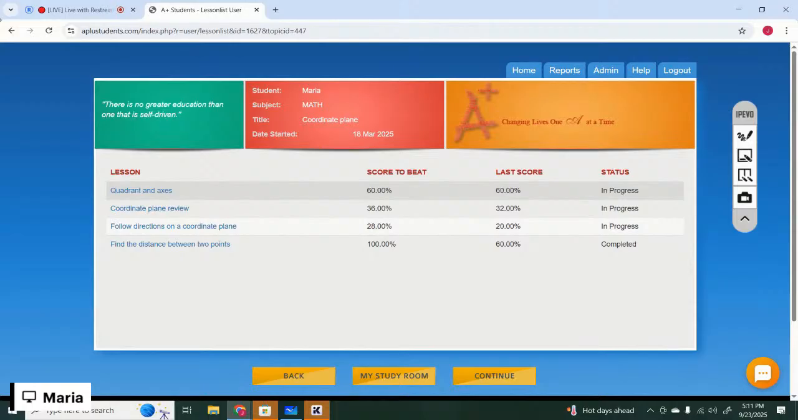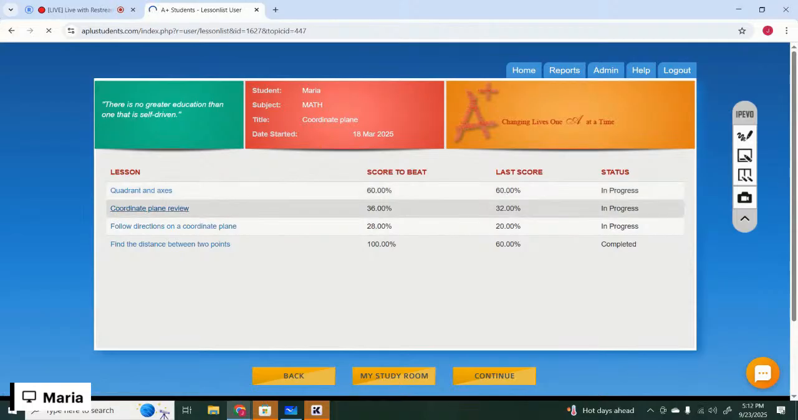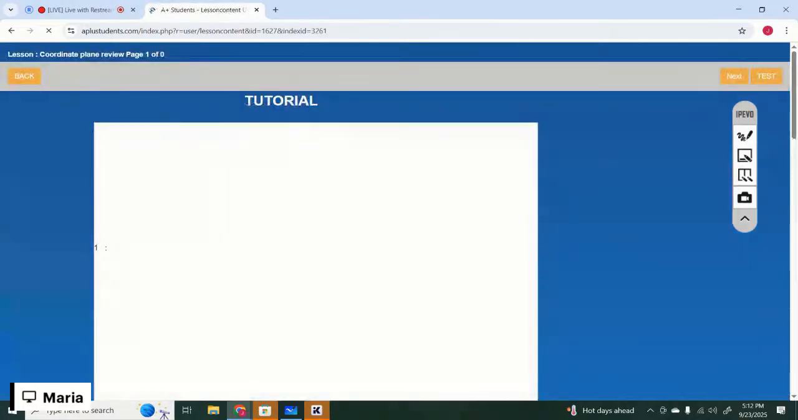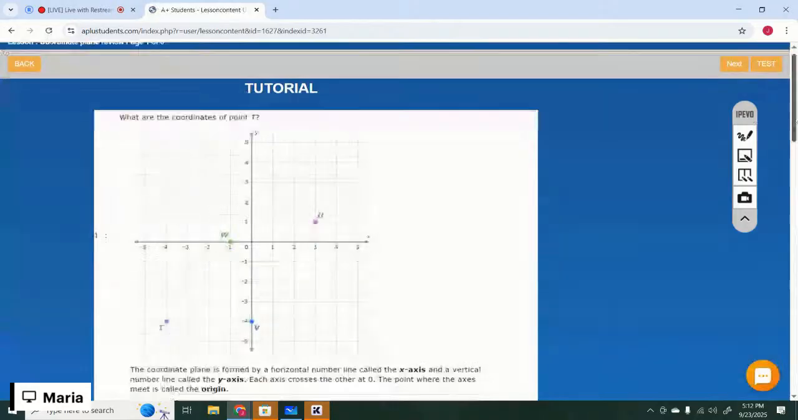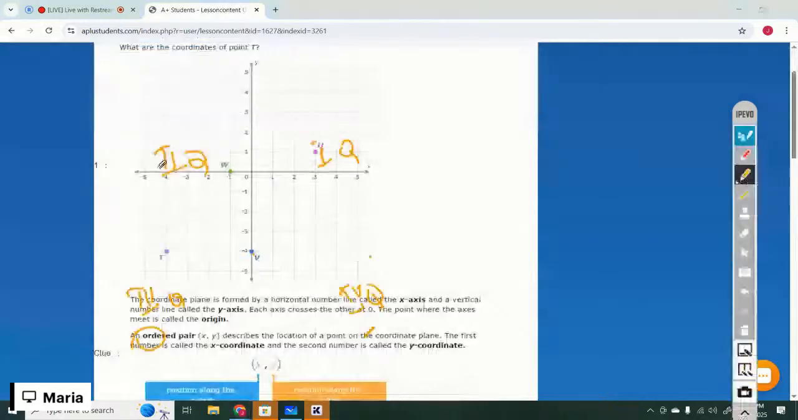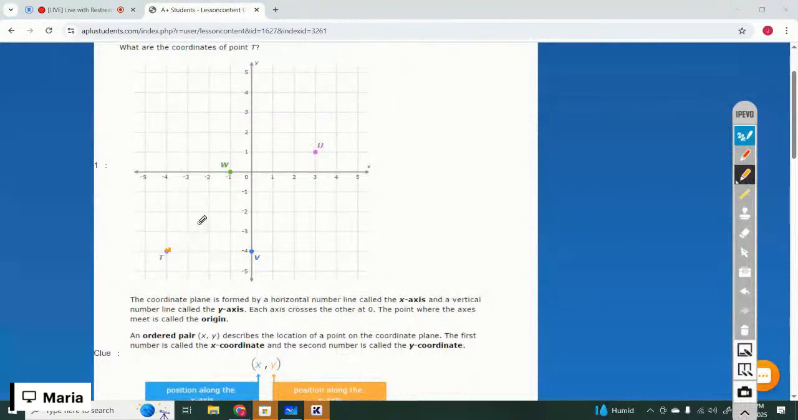The next lesson is coordinate plane review. What are the coordinates of the point T? Okay, so here is the point T. Every point on the coordinate plane is the intersection of the x-axis and the y-axis, right? So match it to the x-axis, that is -4, and match it to the y-axis. So the coordinates are -4 and